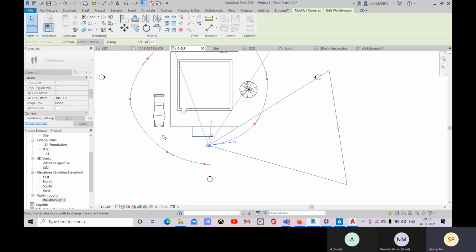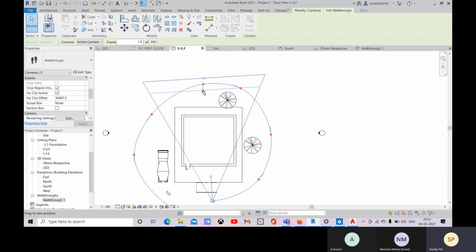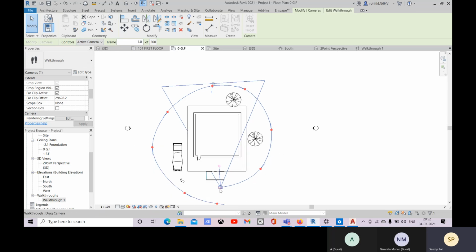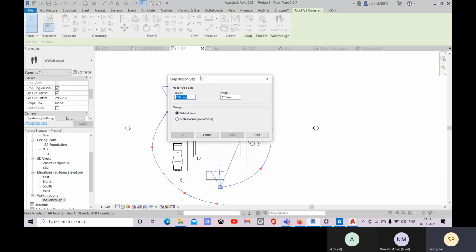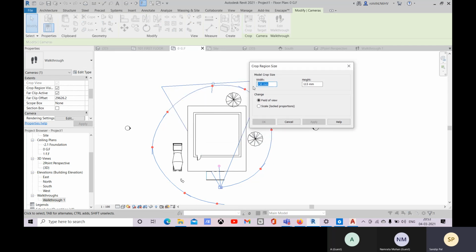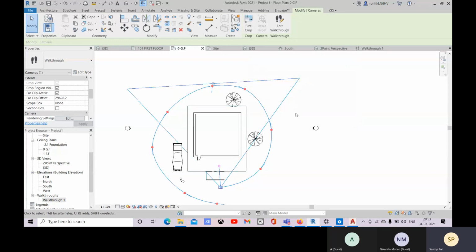Now just place the camera in this direction, and if you want to increase this one, select this camera, come to this size and crop, and there you can change this. Click on OK, and this way you can increase.